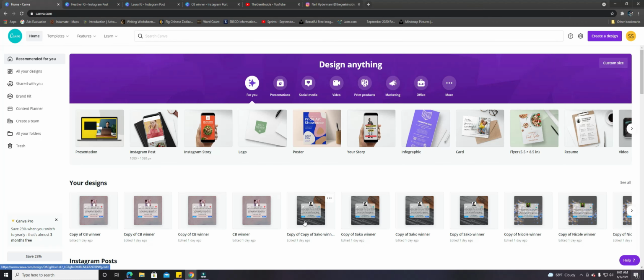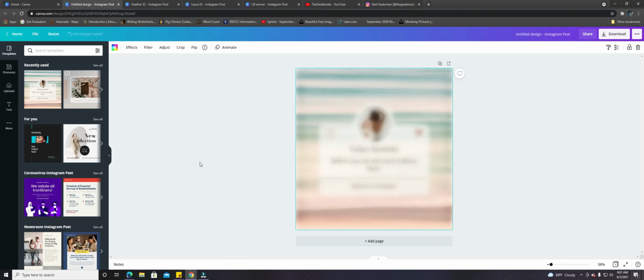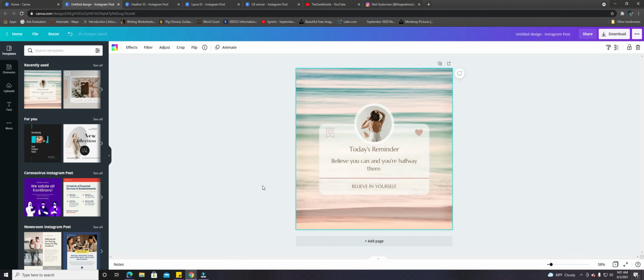How I came up with this setup is I went to the Instagram post templates, and as you can see, this right here is the template I used. It looks nothing like any of the ones that I made, so I did change a little bit. And unfortunately, this template is a pro template. So if you do not have pro, you can't really use this template,